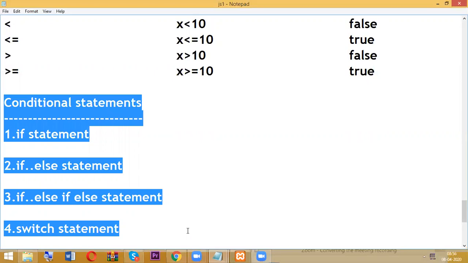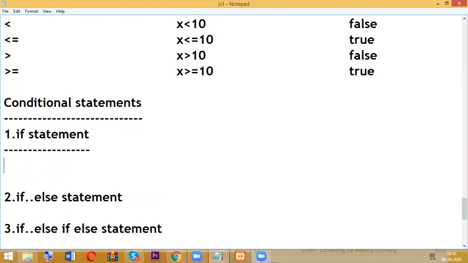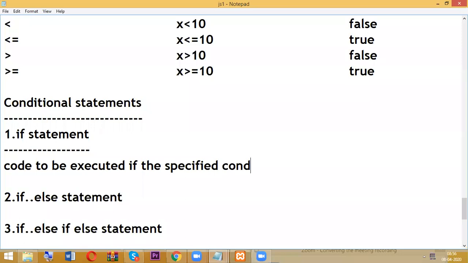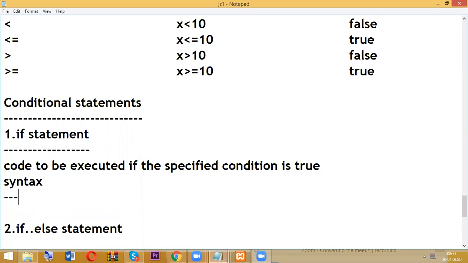Okay, so here the first one is if statement: code to be executed if the specified condition is true. So syntax means set of rules.